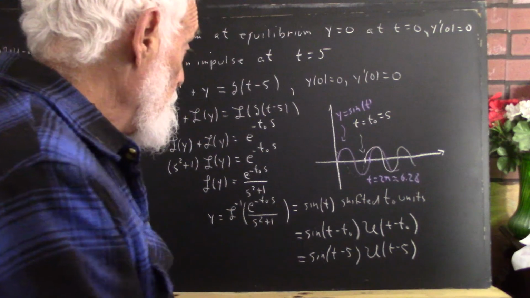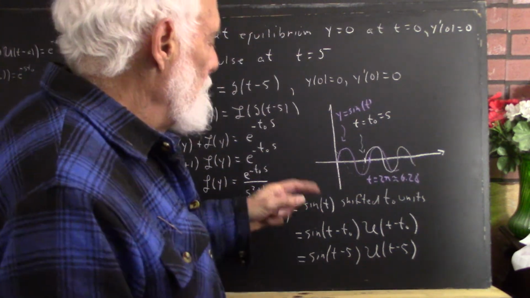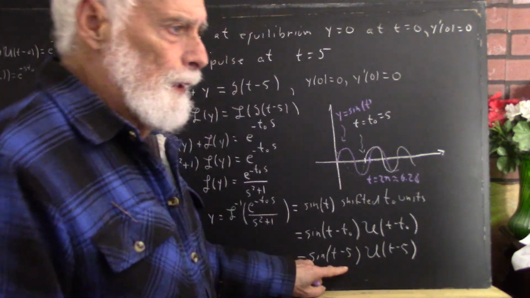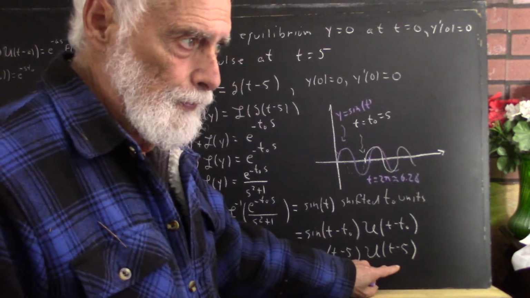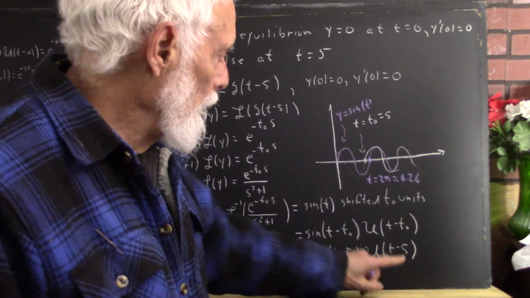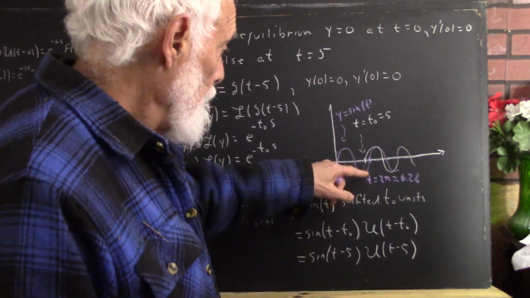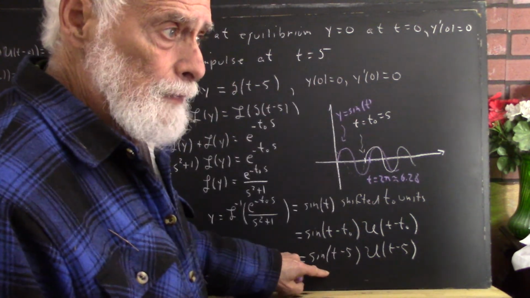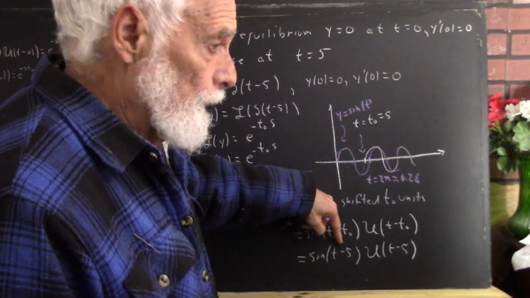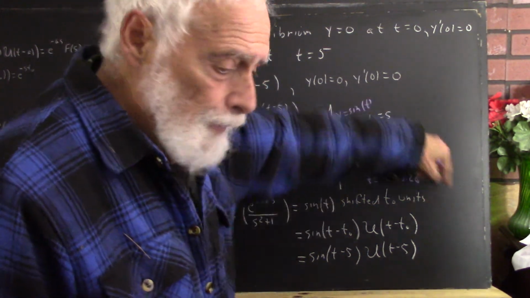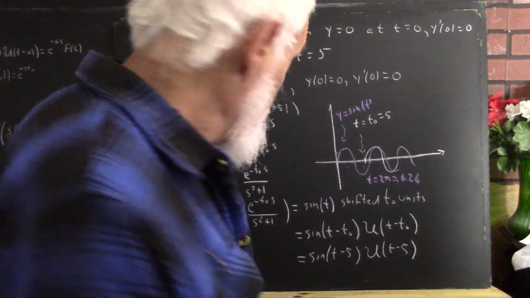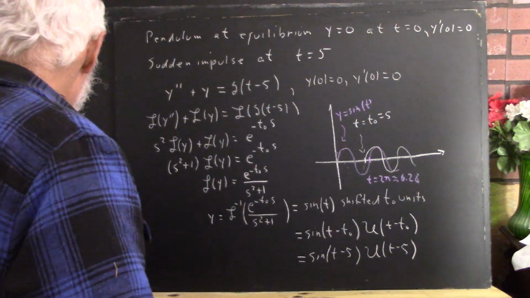I wasn't real careful with that. But we have the sine of t minus 5 times u of t minus 5. And u of t minus 5 is 0 from here to here, and then it's 1, so we just have the sine of t minus 5 starting at this point and then continuing onwards, so that our graph of the solution